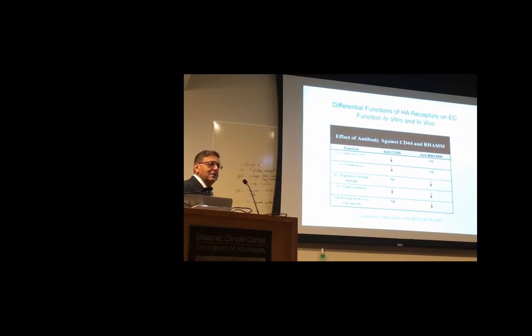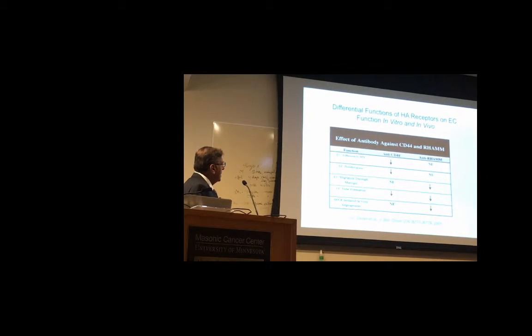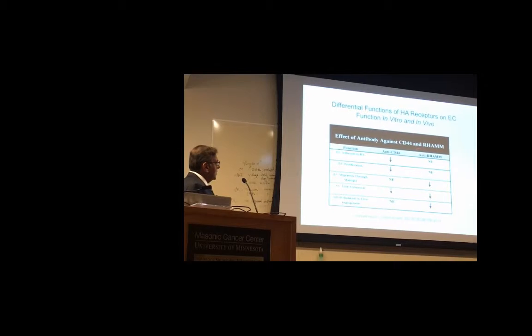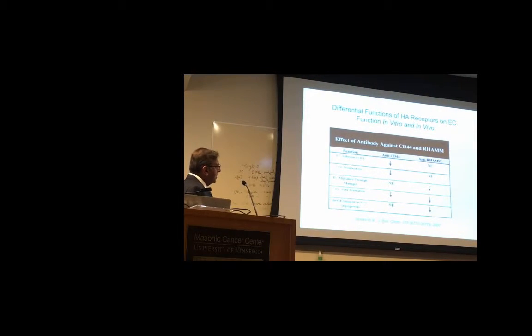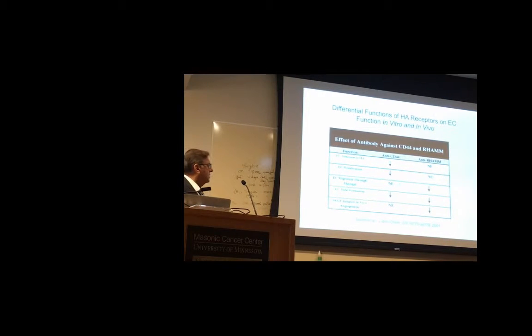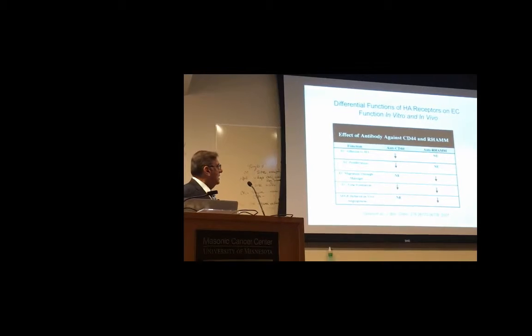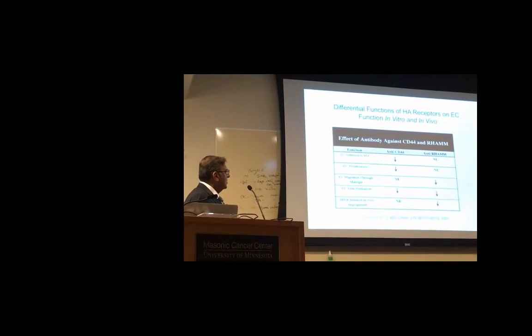And when we used anti-CD44 antibody, we got decreased adhesion to HA and decreased proliferation, but there was no effect on migration. When we used anti-RHAMM antibody, there was no effect on adhesion or proliferation, but there was a decrease in migration of endothelial cells. When you gave half maximal doses of the antibodies, both RHAMM and CD44 affected